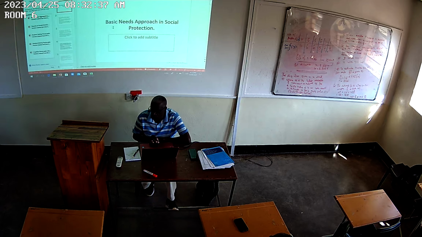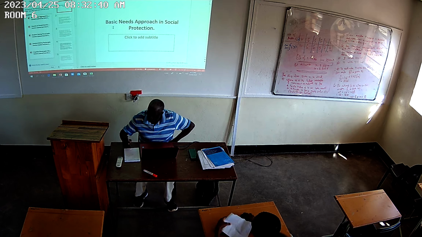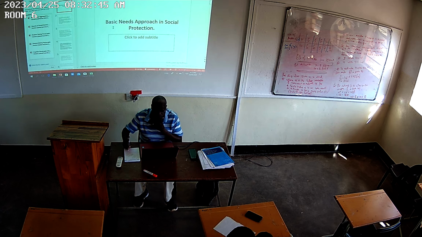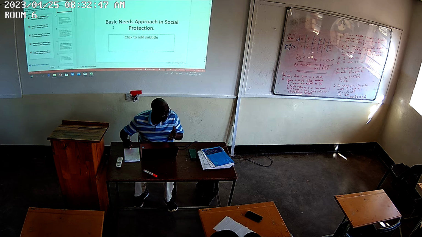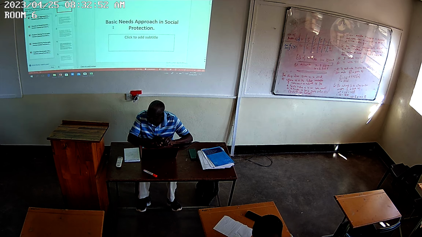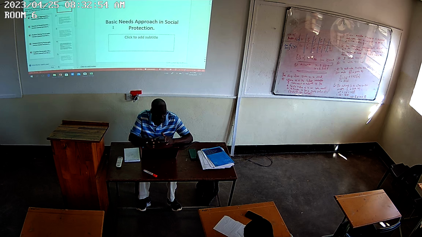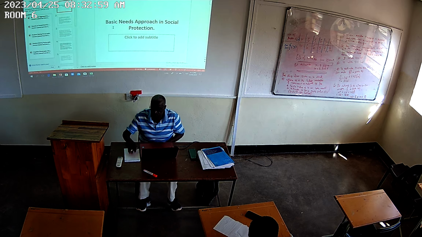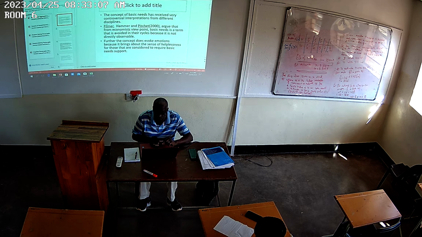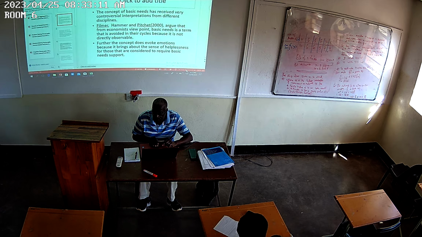So we look at the basic approach, and I think next time we will use quite a number of topics because we are actually left with 4 hours. We shall look at the life cycle when we meet next, and we conclude by looking at social protection in the Malawi context, looking at the different issues. So today, let's look at the basic needs approach to social protection in Malawi. What do we mean by basic needs